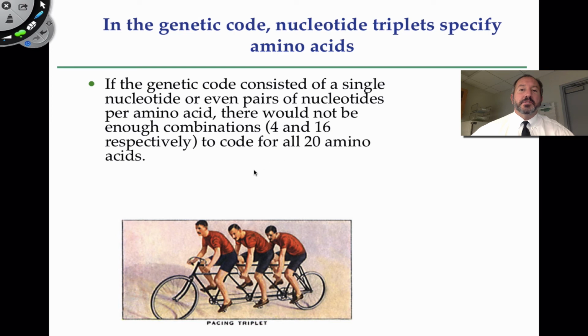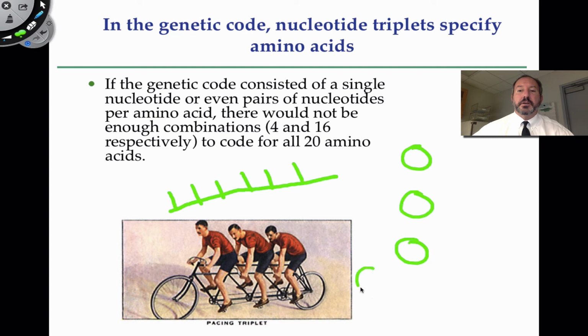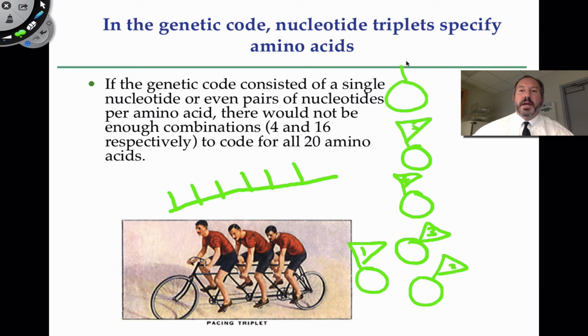And so one of the dilemmas about reading the genetic code was, how does this work? If you have something like this, these nitrogen bases in RNA, and you're trying to get amino acids over here, the cell had a pool of amino acids, and say there's amino acid 1 and 2 and then 3, and these little flags represent the R group, and so there's 20 of these. Let me just jump ahead to 20. There's 20 different ones, and so how do you decipher or translate the genetic code?